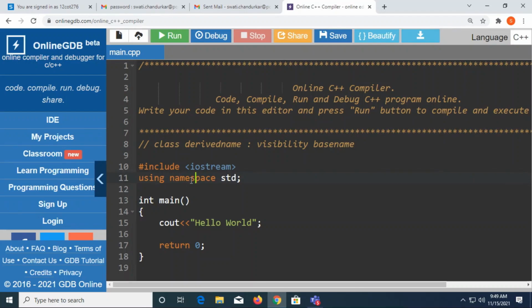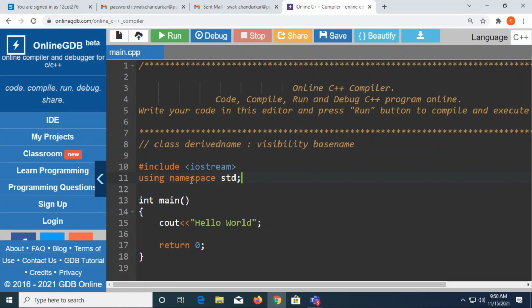Fine. So every time I'm talking about inheritance, whether it may be single, multiple, multi-level, whatever it may be, the control will first be passed on to my parent class. I need to know which is my parent class, then I can access the data of my parent class. Fine. So let's move ahead.